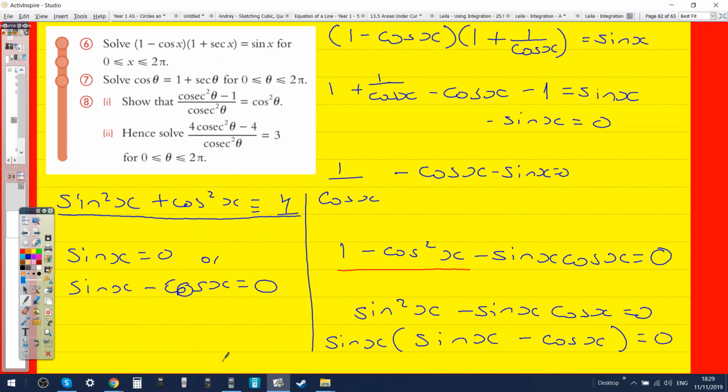How would you solve it? So first one is easy peasy, sine x equals 0. You're okay for that one? Oh, so just arc sine 0. Yeah. Okay. Second one,